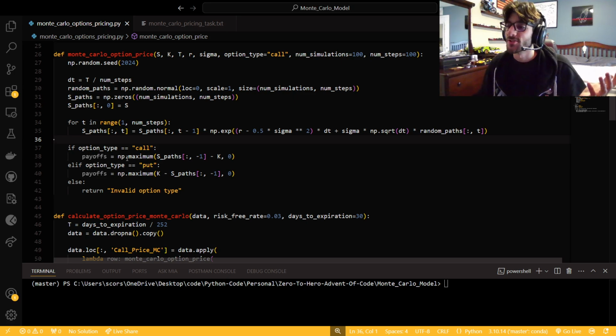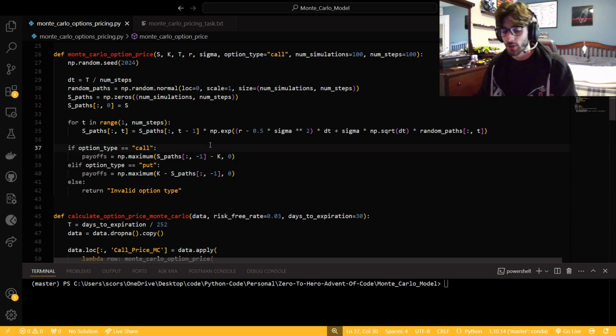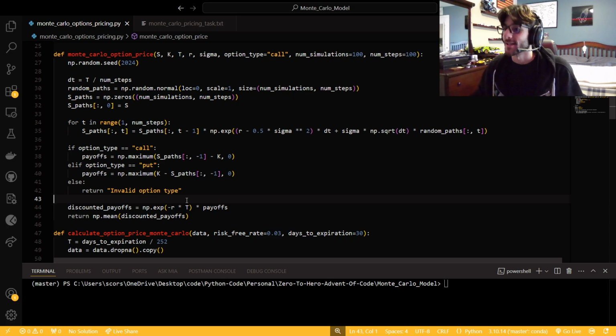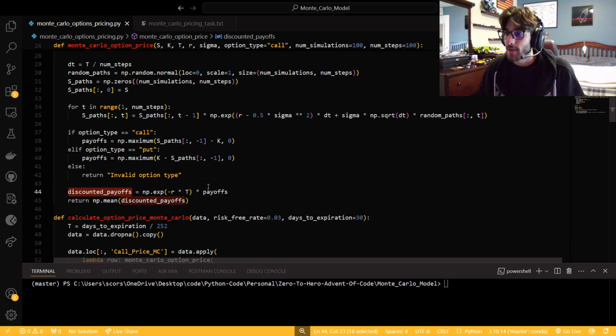But what we're going to do is get the payoffs of it and store it in an array right there. So why are we flooring this at 0? So like our loss is not possible? Of course they are, but we have to floor it at 0 because right here, with our discounted payoffs, those are the option payoffs in present value, and we're going to return the mean of that as our actual